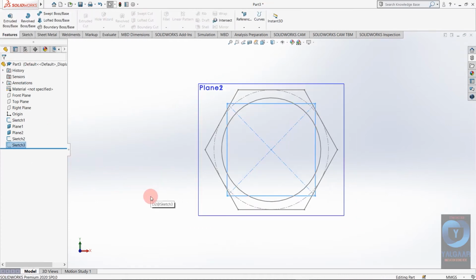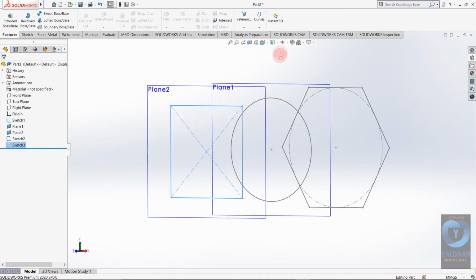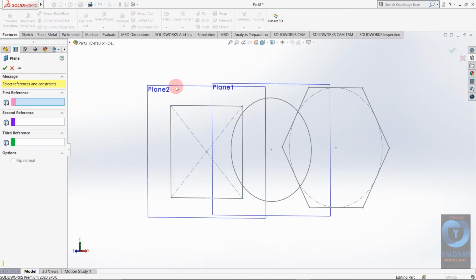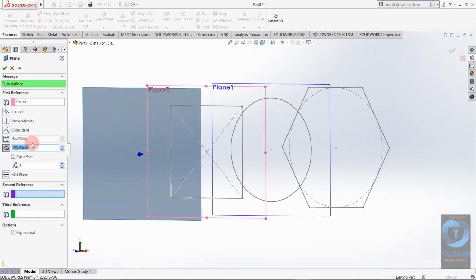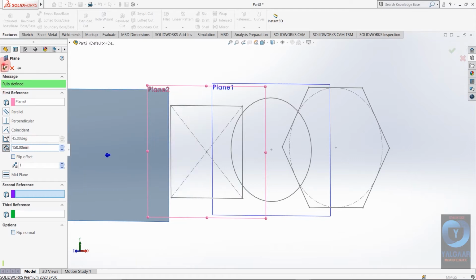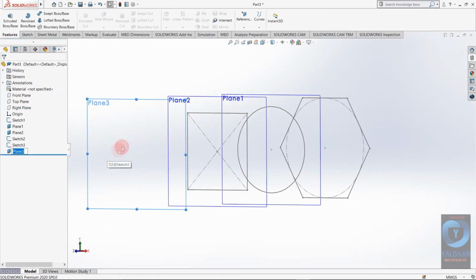Now I am going to take a third plane, which will also be parallel to front plane, only the difference is it is 150 mm from plane number 2. So reference plane, select plane number 2, distance is 150 mm. Okay, so as you can see the third plane is generated.